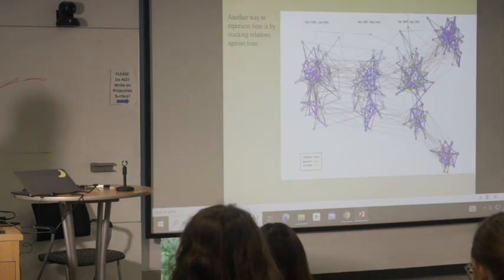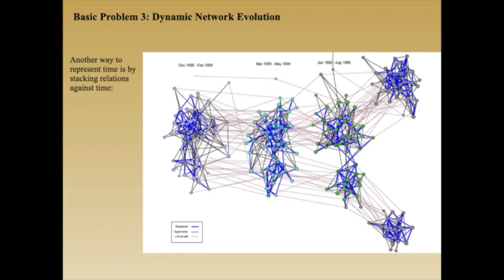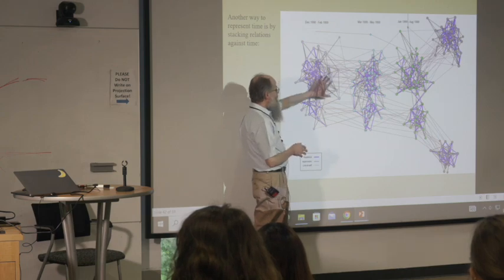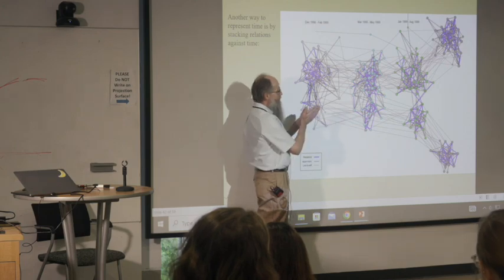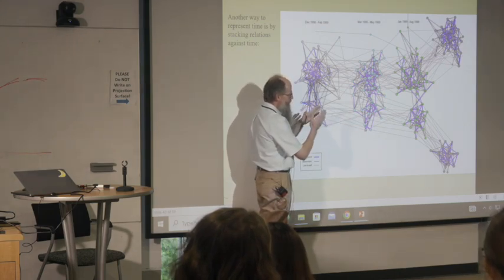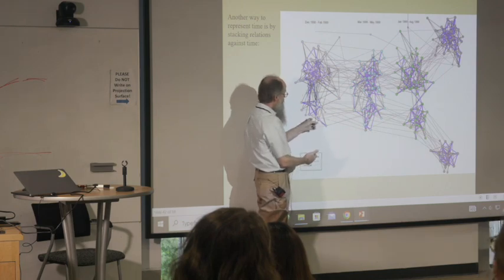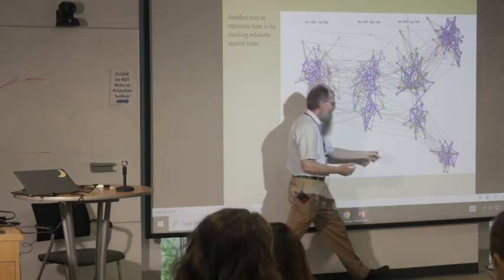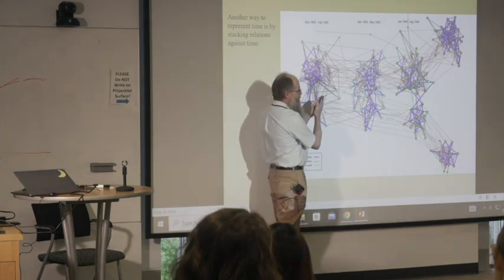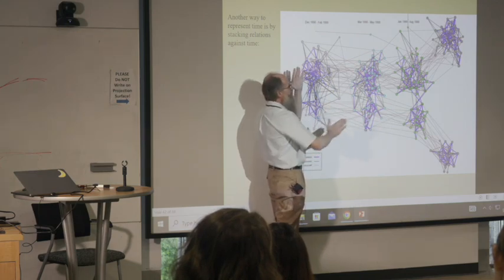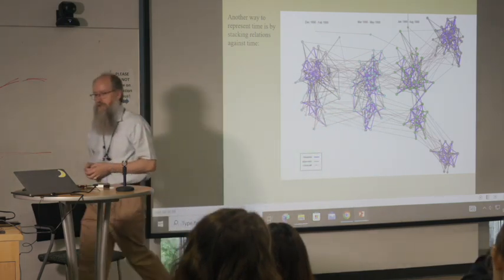It's a little trick. Another way to do it is to use these things called multi-layer networks. And so we create a layer for each dynamic wave, and then we connect people to themselves through time. And so in this case, you're able to use the exact same space layout, and by weighting the within time edges much heavier than the between time edges, the networks almost always fan out temporally, because heavy weighted items within waves can't be connected to heavy weighted items in a next wave. And so the weak ties essentially implicitly order the spread over time. And then you just have to rotate it to get it to be a sensible order. And so that's pretty nice.